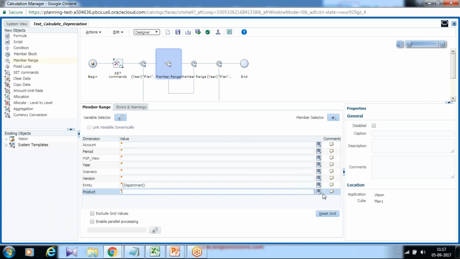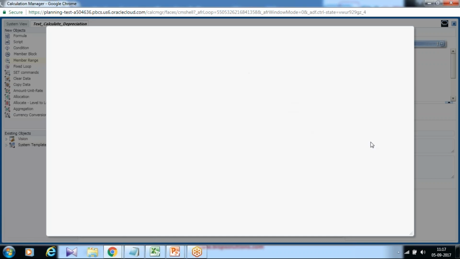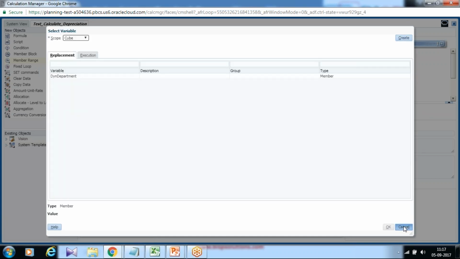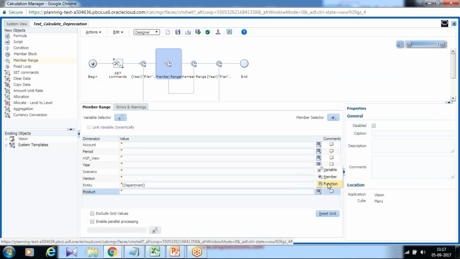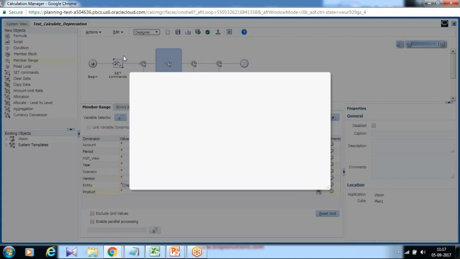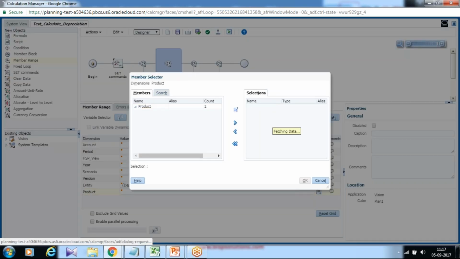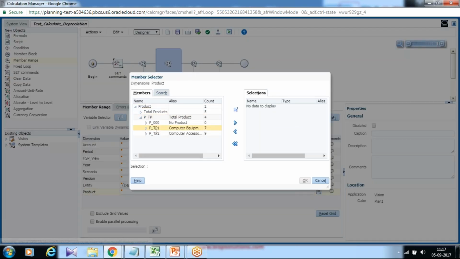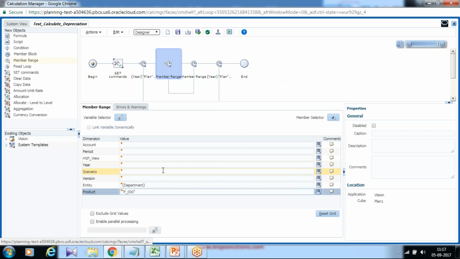And product, I'll make fixed to no product because I don't use a variable. I cannot dynamically change the value of it. Oops, I need to use a constant. Click over here, use member, select no product, P000. So that's it.